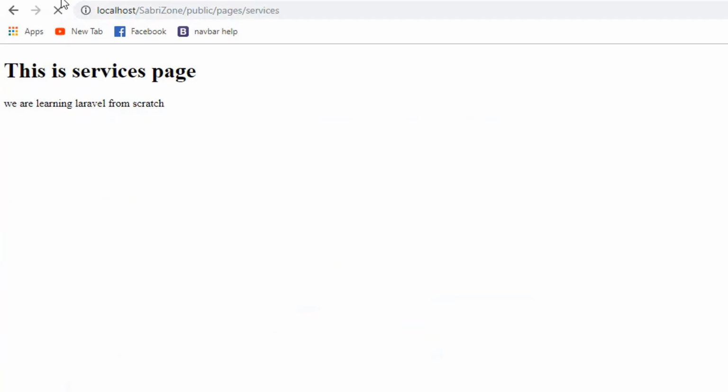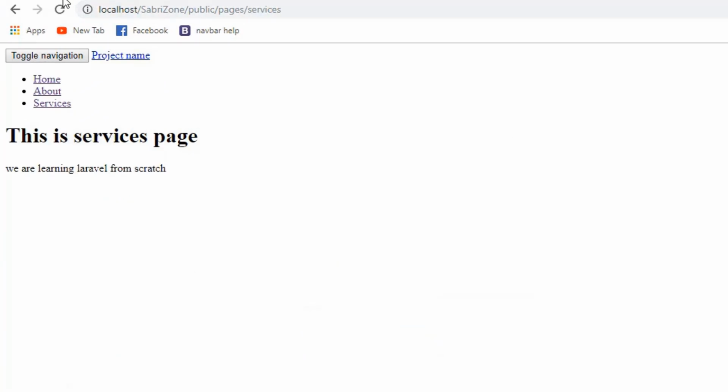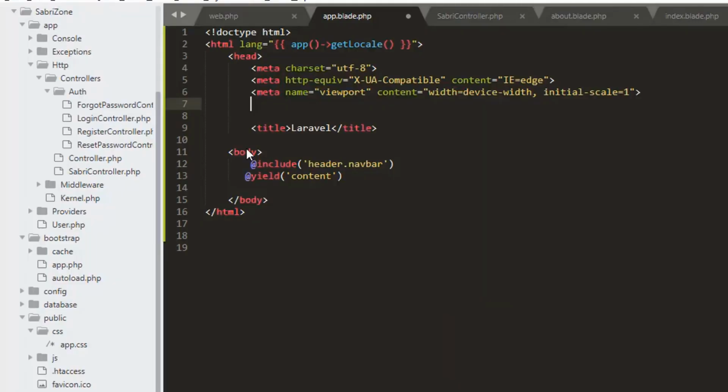Okay, let's refresh it. Oh, it's not working. The problem is not as major as you are expecting. All I have to do is link the bootstrap. So I am going to our app.blade.php, and I am going to type here link and hit enter, and in the href I am going to type curly braces,